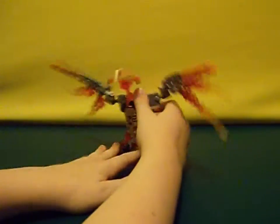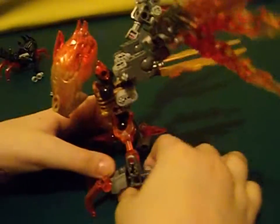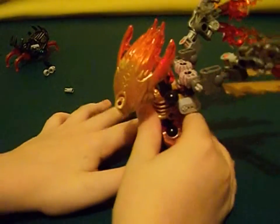So, yeah, as the uniter piece has some chest armor. The tail actually activates the gear function. So, that's pretty cool. See how that works with the gears. And he actually has articulated claws. You can see you can do this, do that, and a lot of articulation actually in this. You can grab things. So, yeah. That's pretty much it for Ikir, and let's get on to the